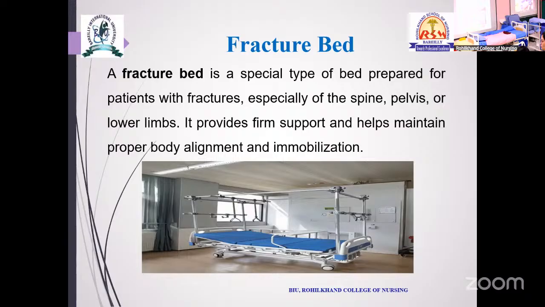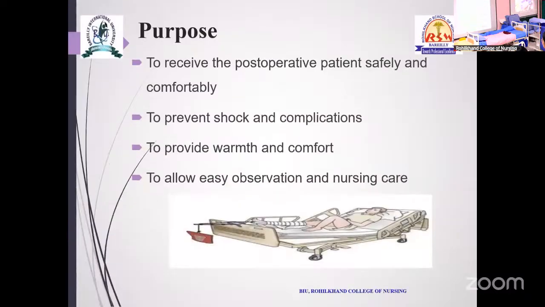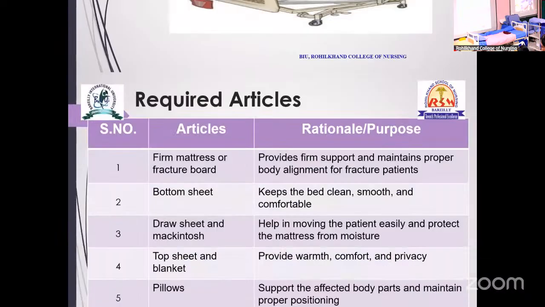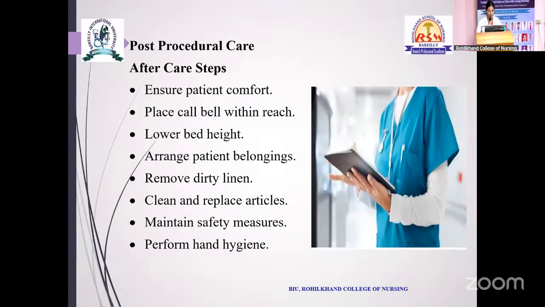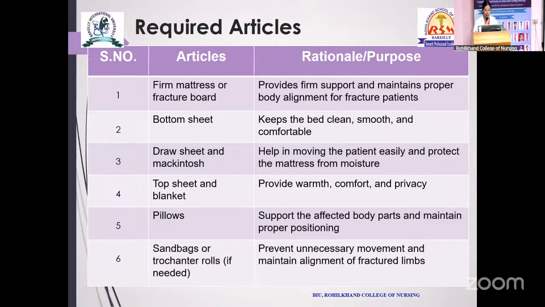It provides firm support and helps maintain proper body alignment and immobilization. The purpose is to receive the patient safely and comfortably, to prevent shock and complication, to provide warmth and comfort, to allow easy observation and nursing care. These are the articles we use: the fracture bed, foam mattress and fracture board, bottom sheet, draw sheet and Macintosh, top sheet, blanket, pillow, sandbag. Always we remember